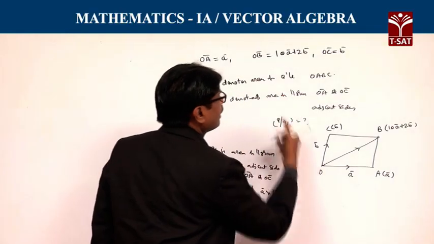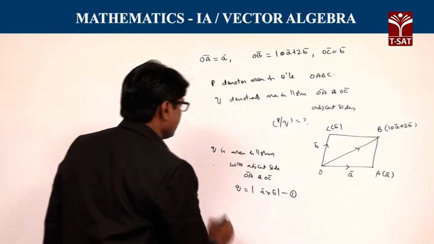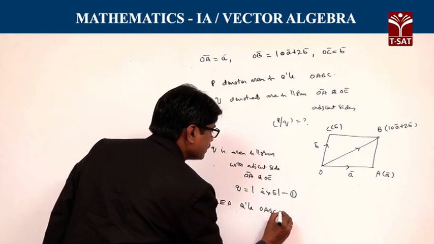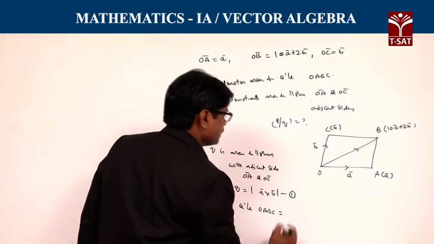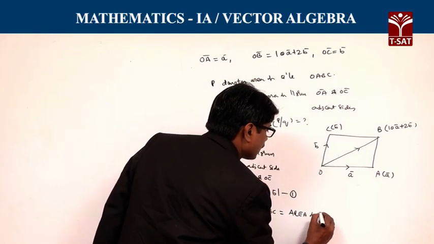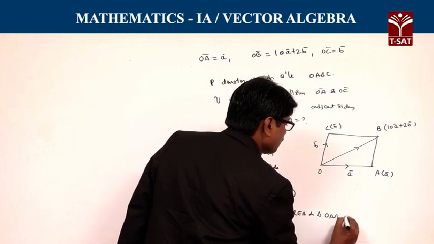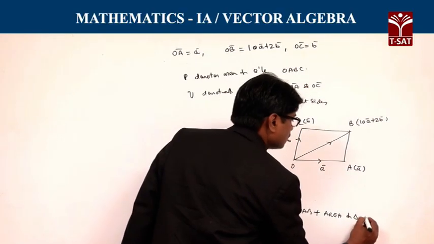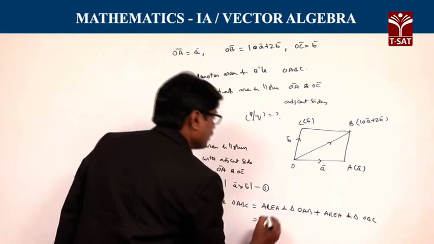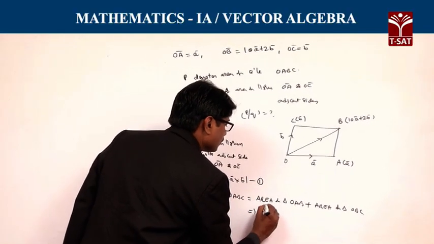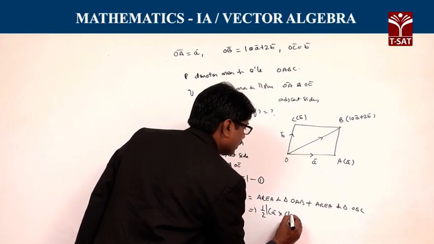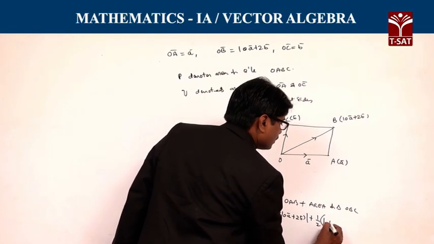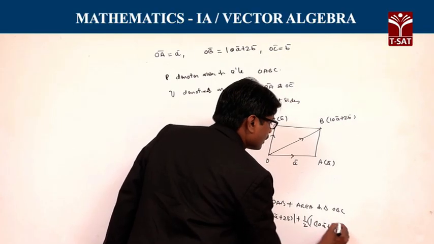P is the area of the quadrilateral formed by OABC. So, area of quadrilateral OABC is equal to, we can divide into two triangles: area of triangle OAB plus area of triangle OBC, and that is equal to 1 by 2 times modulus of A bar cross (5A bar plus 2B bar) plus 1 by 2 times modulus of (5A bar plus 2B bar) cross B bar,